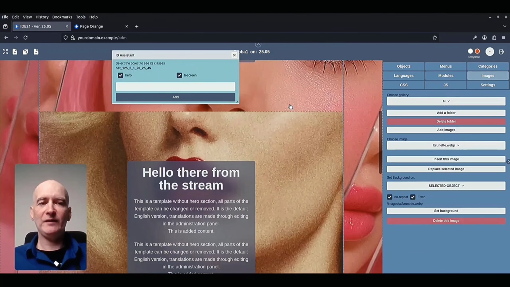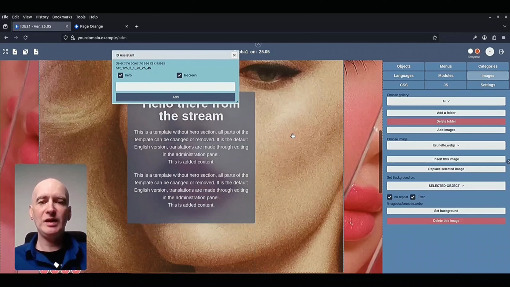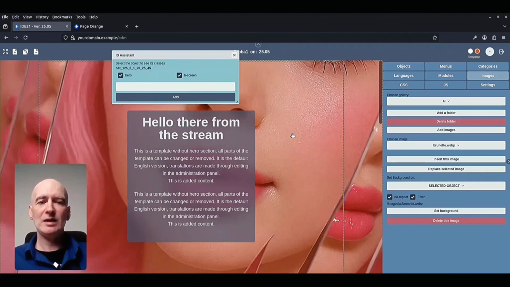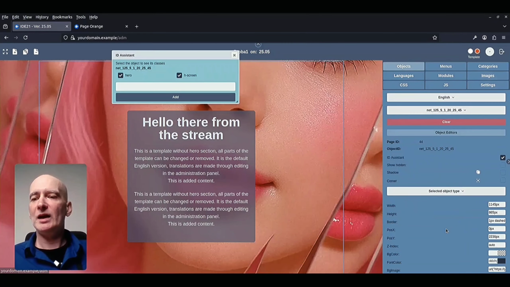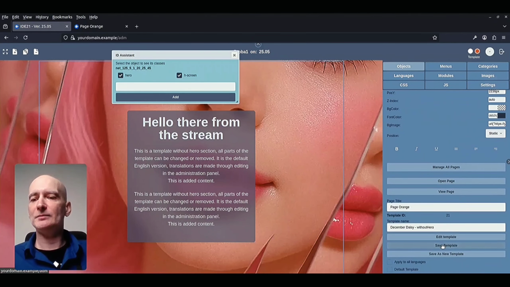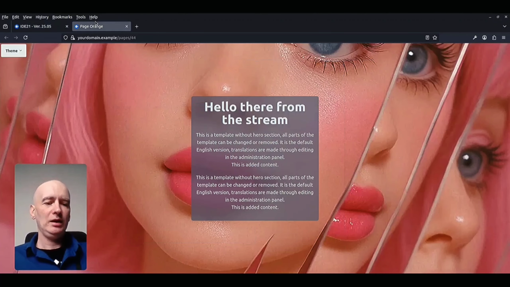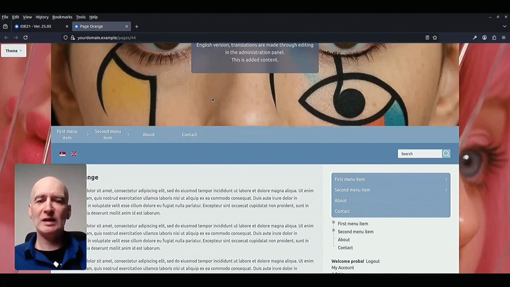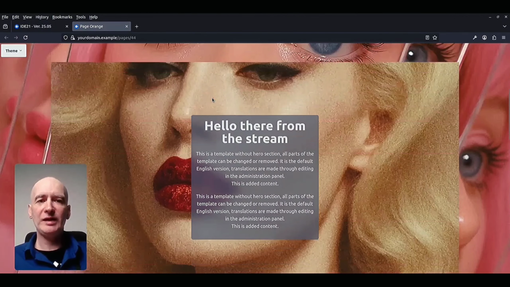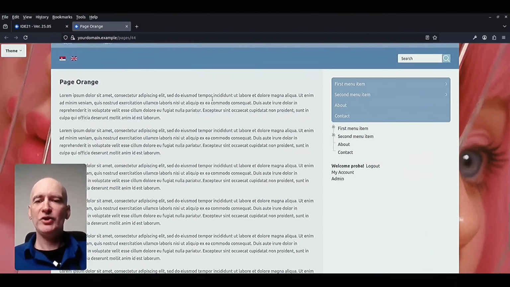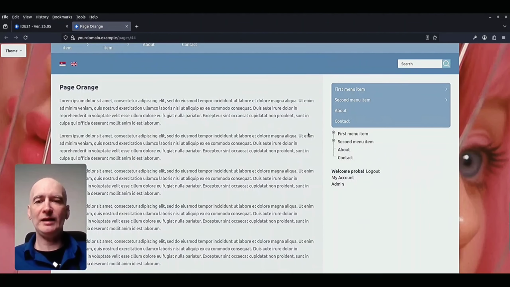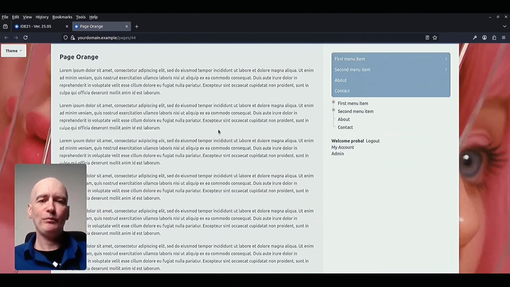So now we have 3 hero sections with 3 images, and as you could see, this was very easy to replace. Now I will save the template and reload the page. And as you can see, we have all those 3 hero sections here. And we have changed the places of the content and side area.